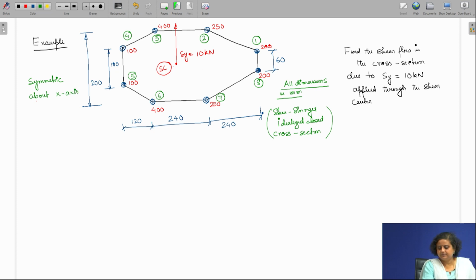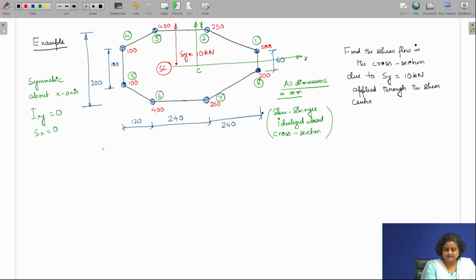So, let this be the x axis and somewhere here is the y axis. So, this is the centroid. This is symmetric about the x axis. So, Ixy is going to be equal to 0, and since only Sy is being applied, Sx is also equal to 0. So, if we implement these conditions into the equation to find out the shear flow, we